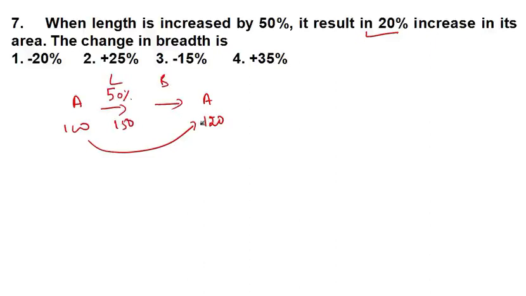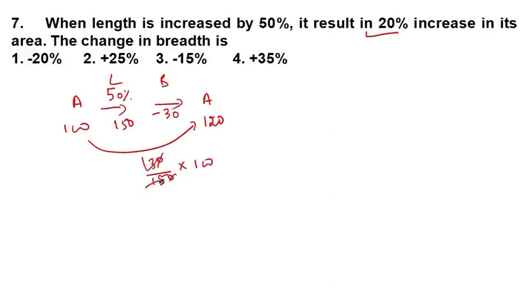Now to make 120, look guys, it's very simple. This is 150. Now to make it 120, you have to minus 30. Then only you get 120. But this 30 will be minus from 150. So this is 30 over 150, and 150 will be written as base into 100. So the 0 0 cancel.